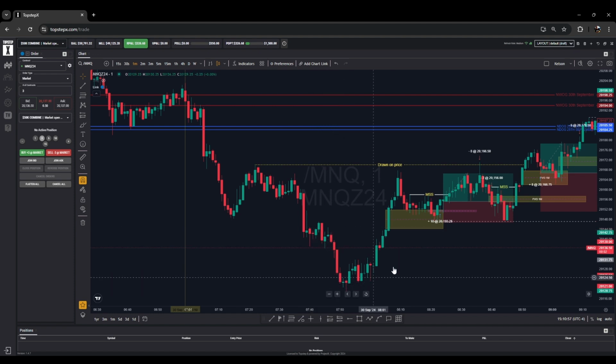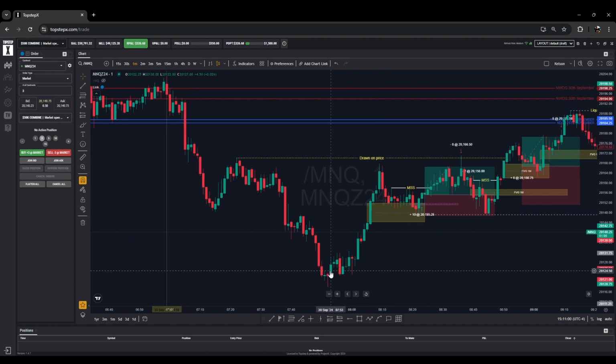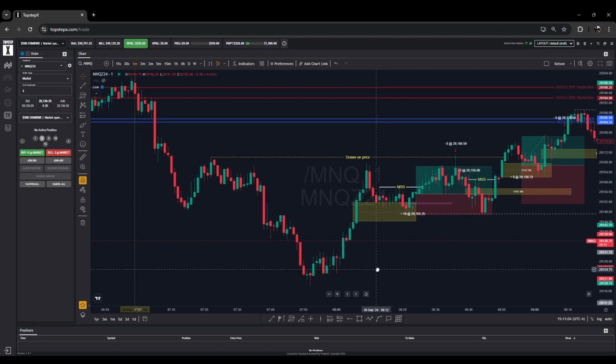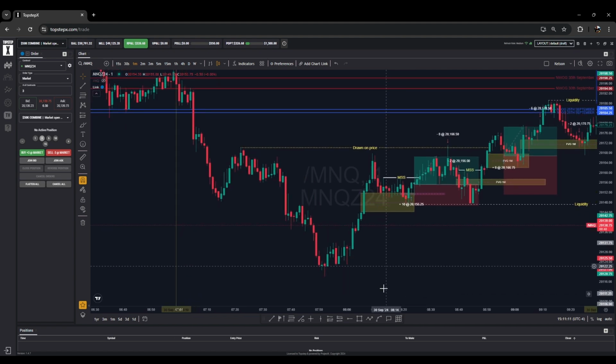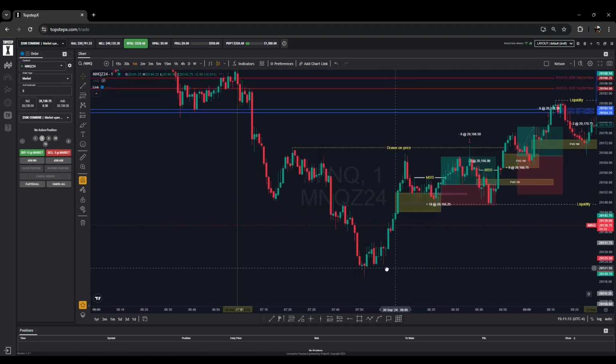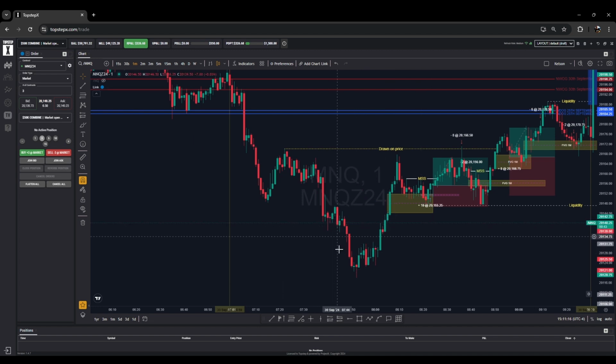At that time, about 7:53, I should have gotten relative equal highs. So that is when I knew that the market wasn't going to be how I analyzed it for my model, because between 7:30 and 7:45, my model usually prints itself. It usually gives me a relative equal high or relative equal low at that time.